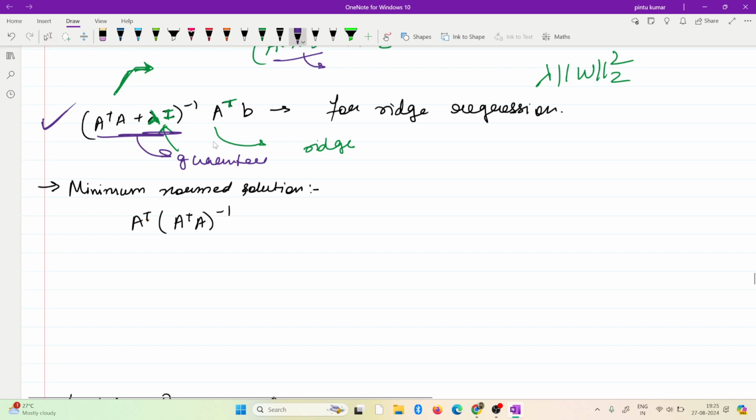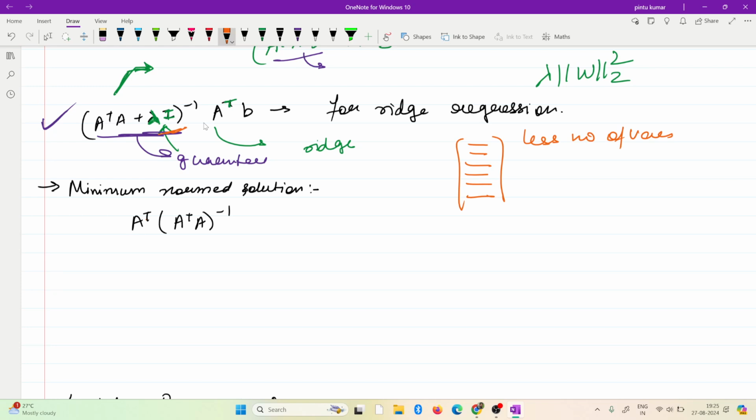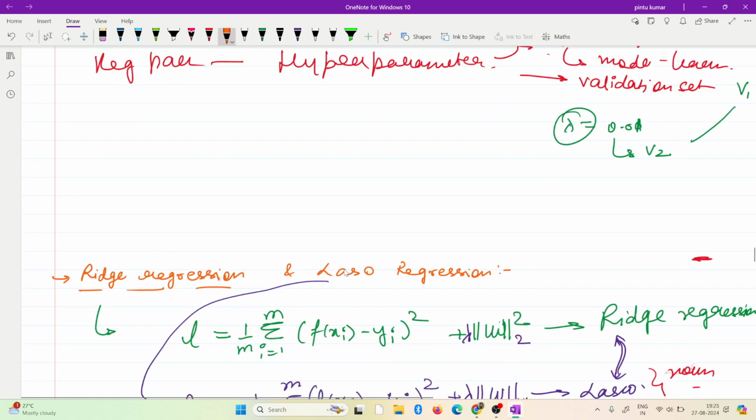Whatever solution we have talked about till now is related to when you have more data points, right? So it is a fat matrix in this direction. This is more equations and fewer variables, and this is the solution that was given. Now this minimum norm solution is given for the other situation. This is not very much used in machine learning, but I'll tell you. If you have more variables and fewer equations, something that we saw in two examples that we did above,